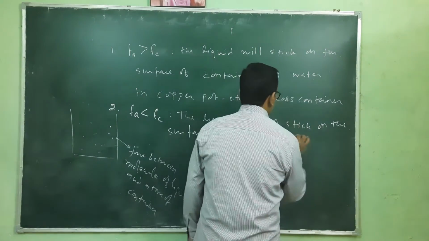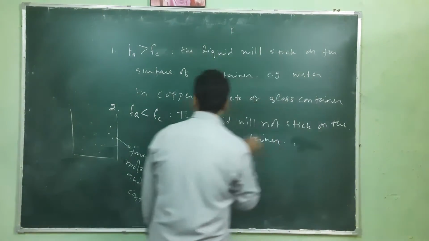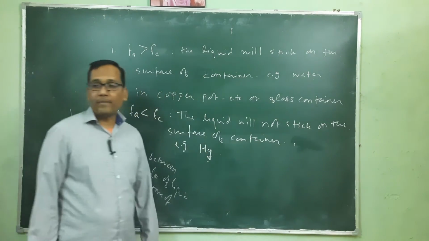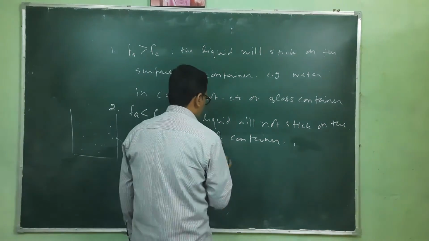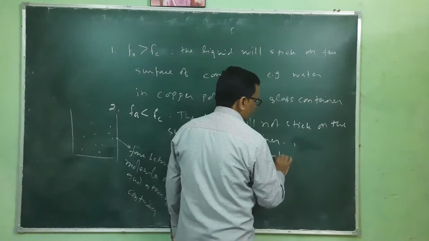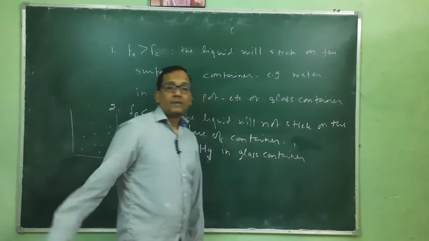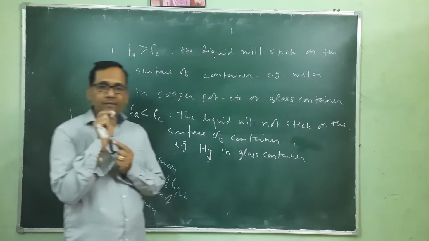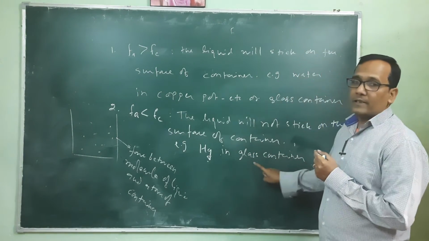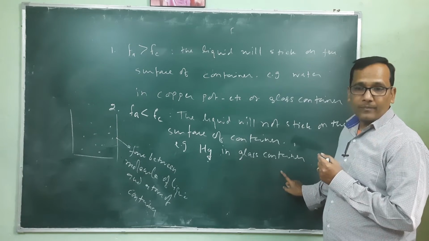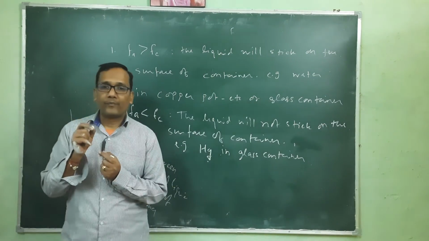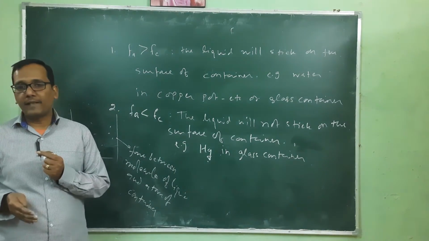The best example is Hg, which is a liquid metal, in a glass container. The cohesive force between the Hg atoms is much more than the adhesive force between the Hg and the material of the glass. That's why mercury does not stick on the surface of glass containers or glass tube,